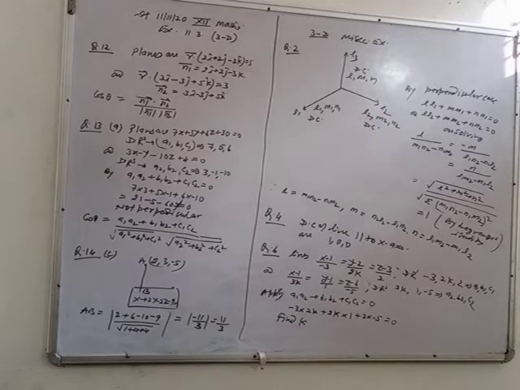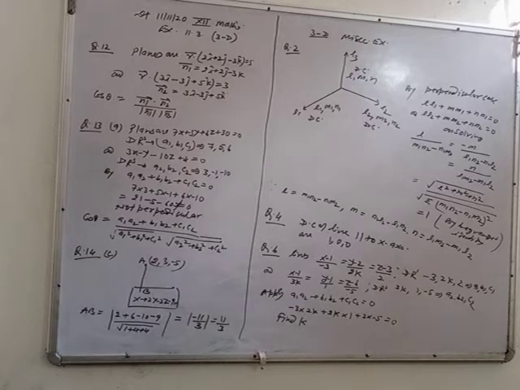Apply the formula cos theta is equal to n1 dot n2 upon mod of n1 times mod of n2. By this formula you can determine the angle between them. Now see, in question number 13, here you have to check whether the planes are perpendicular or not. If the planes are not perpendicular, then find the angle between them.